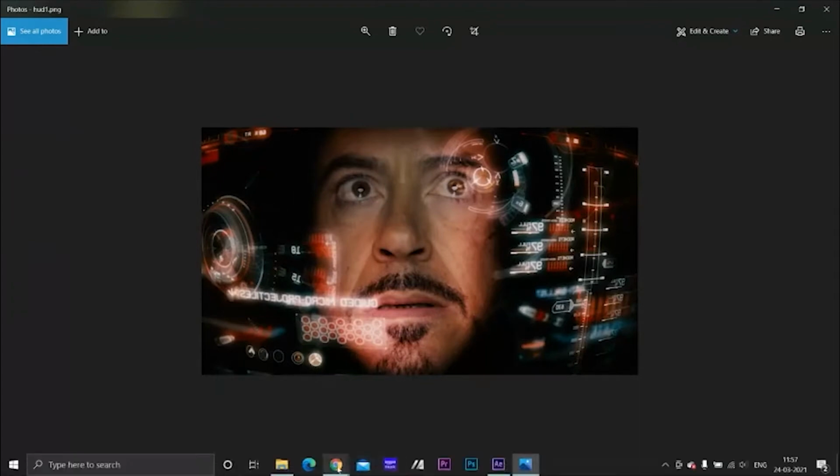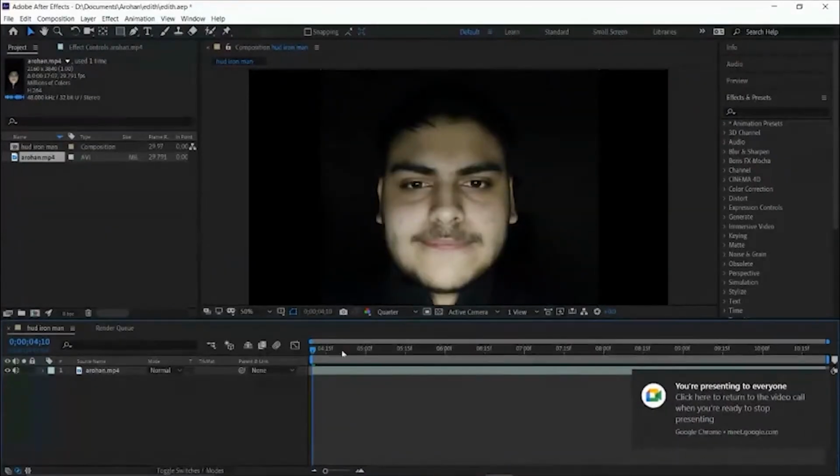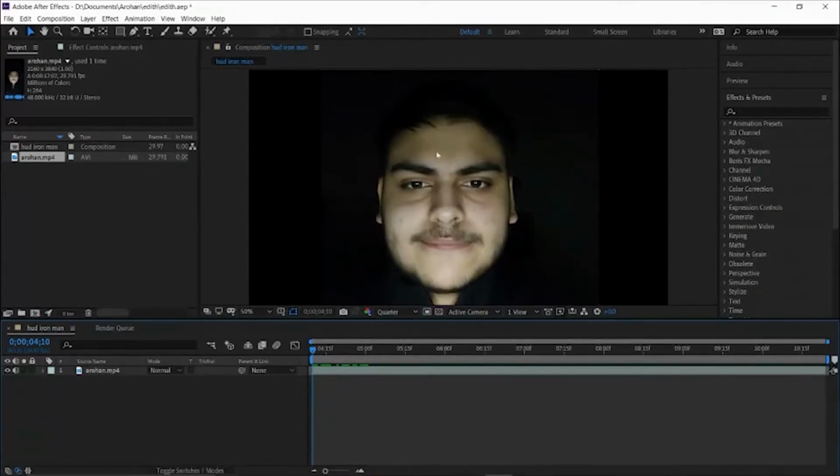So for that we are going to use an effect that is called masking. Make sure that you are at the first frame of your timeline, and now we are going to mask out our face. If you can see, there is this tools box, right? Everyone must be having this tools panel at the top. Just select the pen tool. It literally looks like a pen. It's just near the T. If you click on that, the pen tool will be selected.